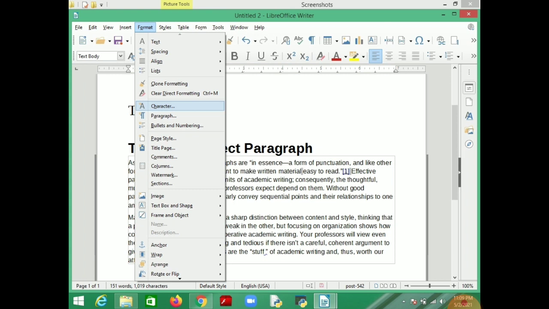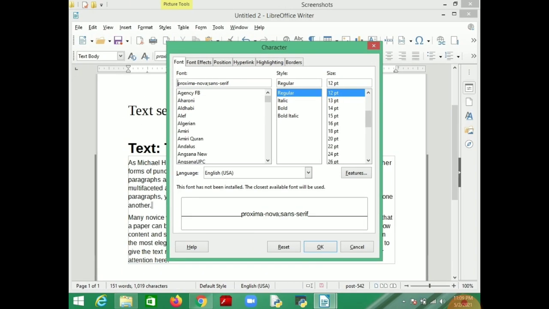Then you can also format the character of your document text. So you have to go to Format, Character, click on it, then this kind of window will open, a pop-up, a dialog box we can say. Here you can change the font of your character. You can make it regular, size 12, 13, 14, 15.